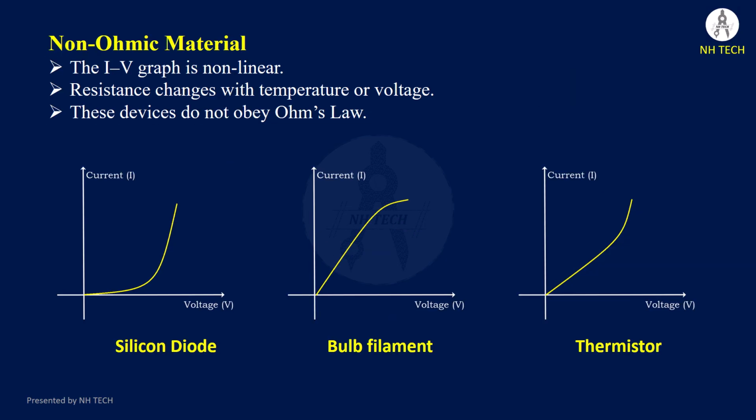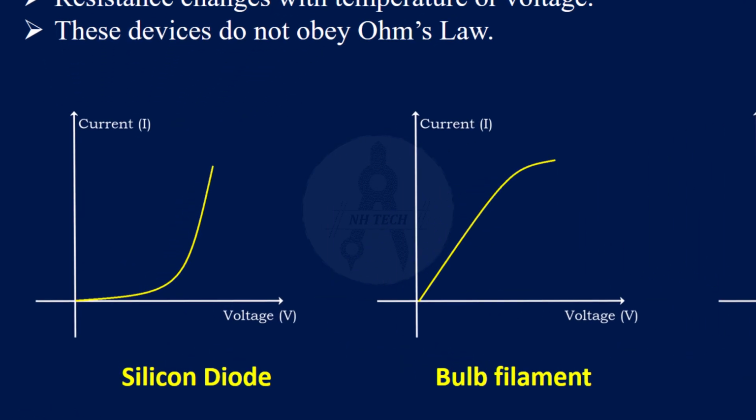Here are the IV characteristics of some materials, including the diode, filament of a bulb, and thermistor. All of them exhibit non-ohmic behavior, meaning their IV graphs are not straight lines. In a diode, initially, the current does not increase significantly with voltage. However, once the voltage reaches a certain threshold, around 0.6 volts for a silicon diode, the current increases rapidly, showing